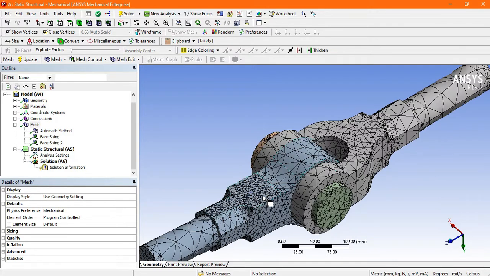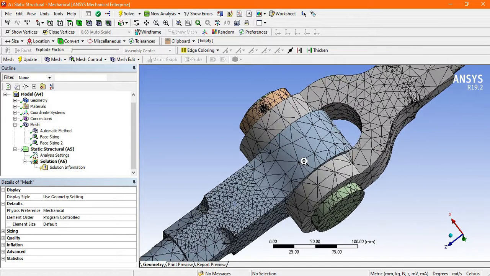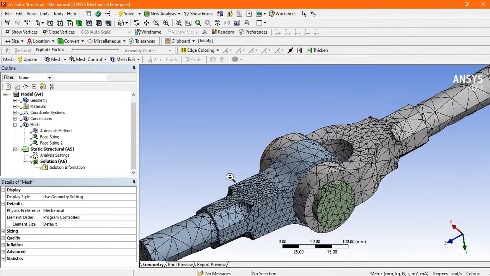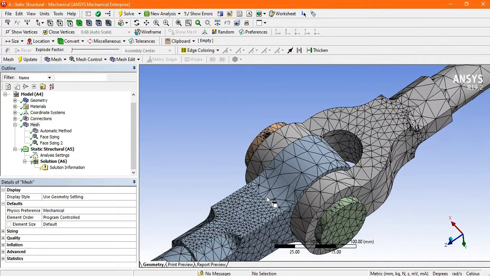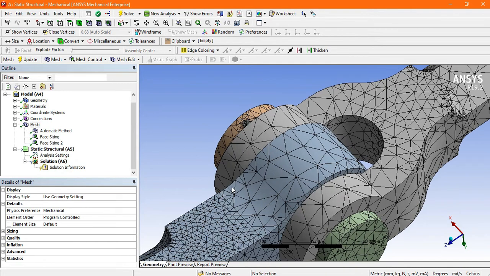This face is more dense, this is not a dense face. This face is denser than this face, and this face is denser still. So more density means the number of elements increases, which means the number of equations is more, so you will get a more accurate result.